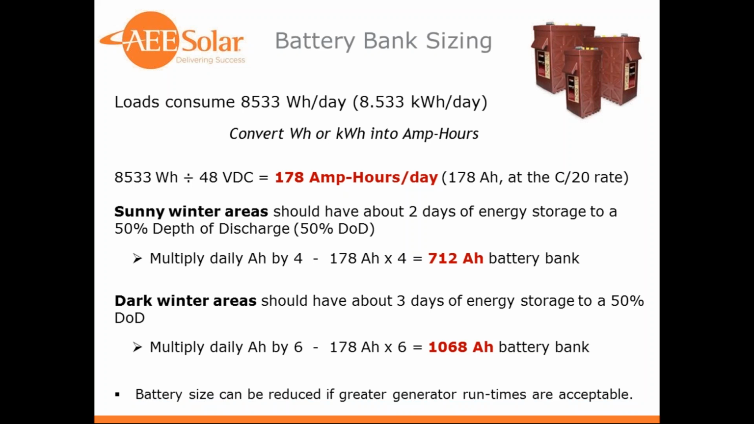Now, if you're in a dark winter area, you should have more energy storage. So we go to 3 days of storage to a 50%. And so we would multiply the daily amp hours by 6 in that case, and end up with a 1,068 amp hour battery bank. And again, these are somewhat minimums. We really want to have this kind of minimum setup. There's no reason not to have,